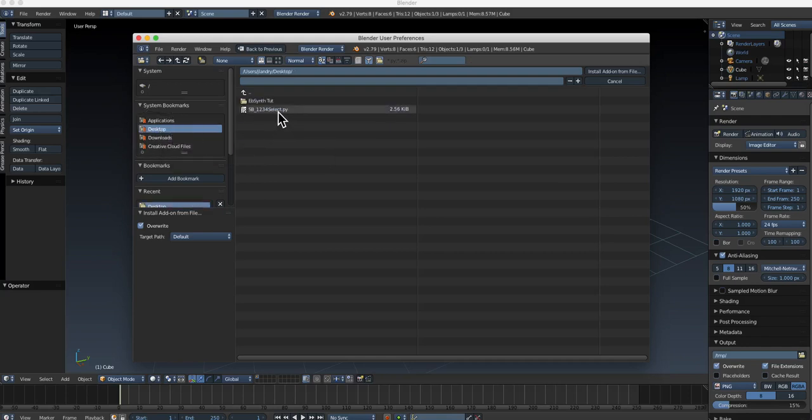Mine went to the desktop, and so here it is here. Okay, if you don't see it here, go to your downloads folder. If you don't see it in your downloads folder, you need to download it again. All right, so click on the add-on here, and then click over here on the top right that says Install